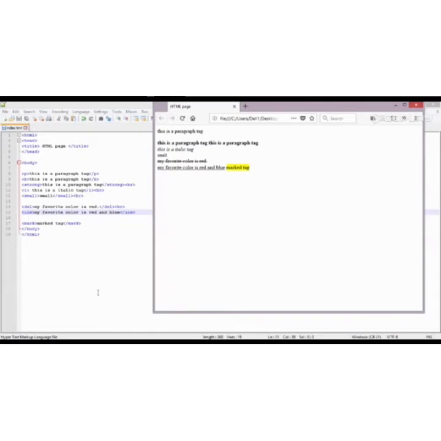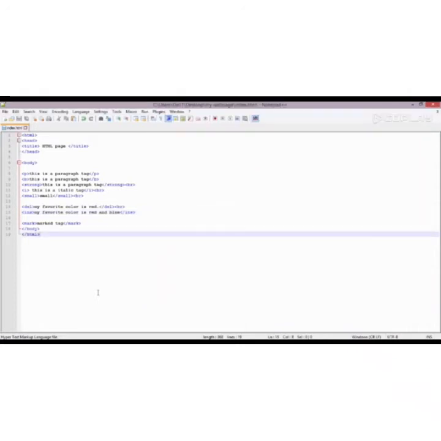Then we have superscripted and subscripted text. First we will use subscripted text. In that case, use a break tag to clearly define your text. We use a paragraph tag. This is A, and we want the next word to appear as subscripted.